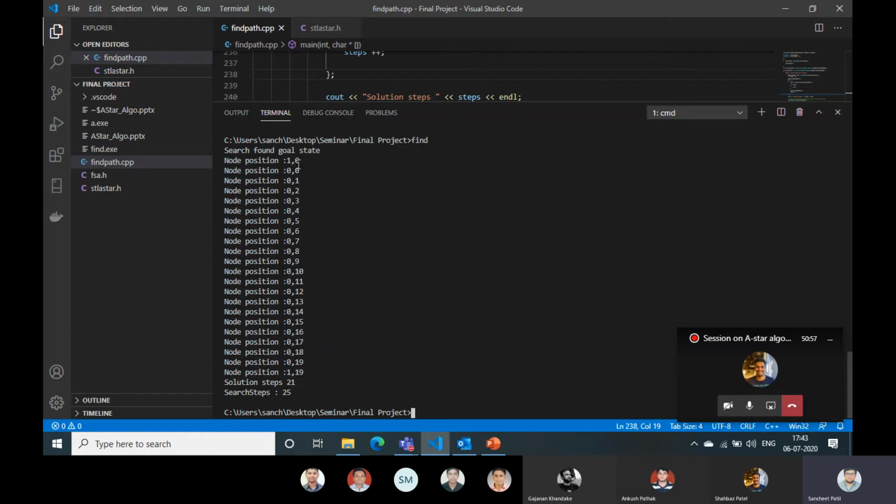So basically if you count 1, 2, 3, 4, 5, 6, 7, these are the 21 steps from where I can reach 1 comma 19 in an optimal way, and the total searches done for finding the optimal path was 25.